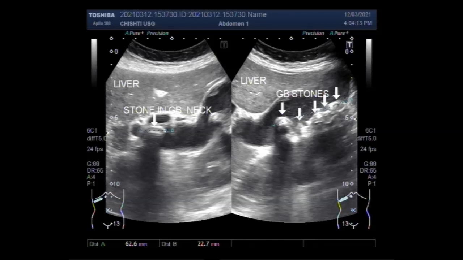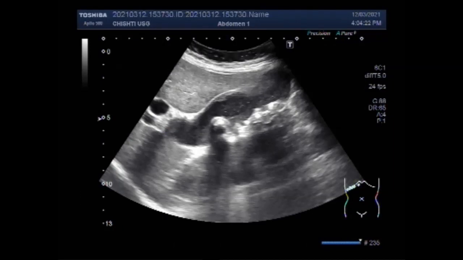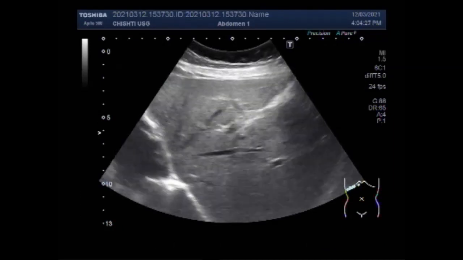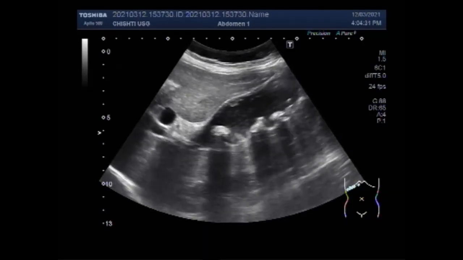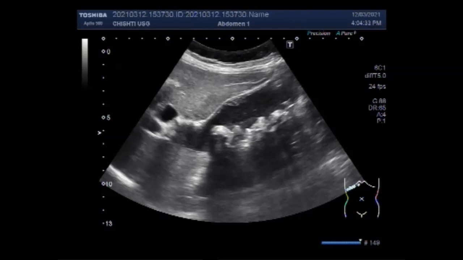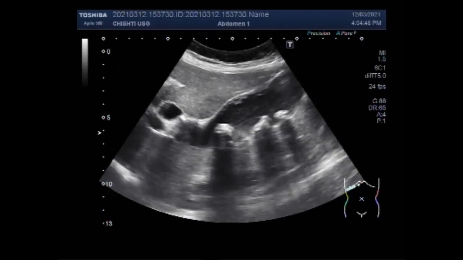This ultrasound video shows a case of mucocele with multiple stones in the gallbladder and a large stone impacted in the neck of the gallbladder. The gallbladder mucocele distension, which is usually non-inflammatory, results from an outlet obstruction of the gallbladder and is commonly caused by an impacted stone in the neck of the gallbladder or in the cystic duct. No single laboratory test is diagnostic of gallbladder mucocele.